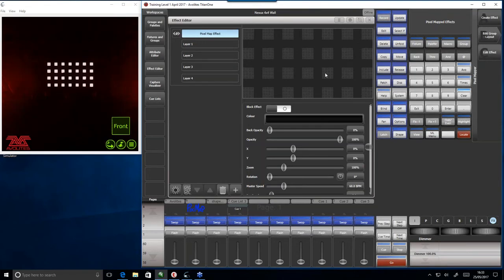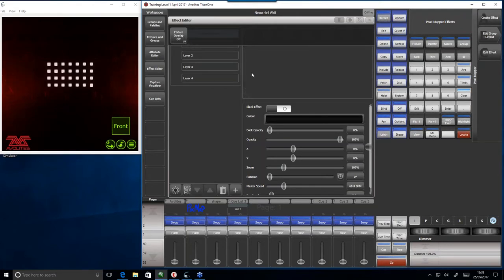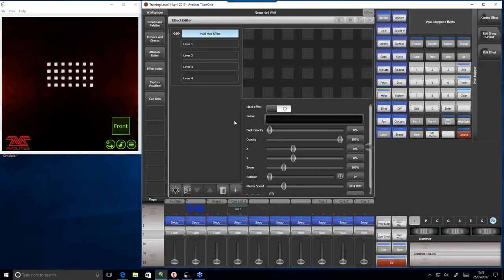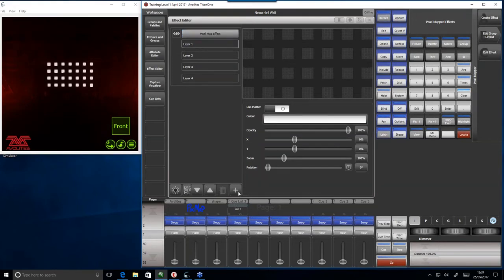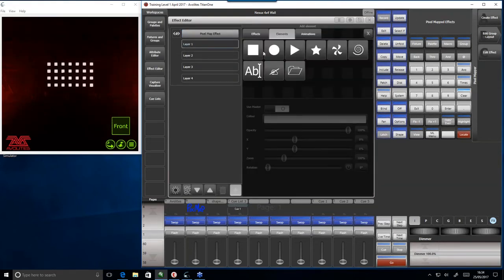Here you've got the options to actually see your fixtures and how it's getting pixel mapped. If you don't want to, you can change your fixture overlay and have it as off, so that you don't have to have the fixtures on there. But I prefer to have it on there. Okay, so let's start to make some shapes. If you select layer 1, go to the plus button at the bottom, and you'll notice we've got elements. These are shapes that we've preset for you, and if you have got a particular one that you want to